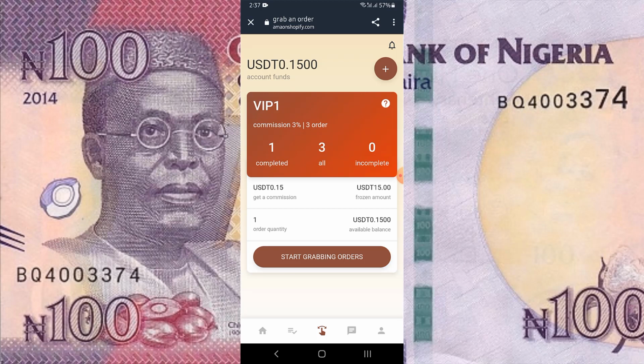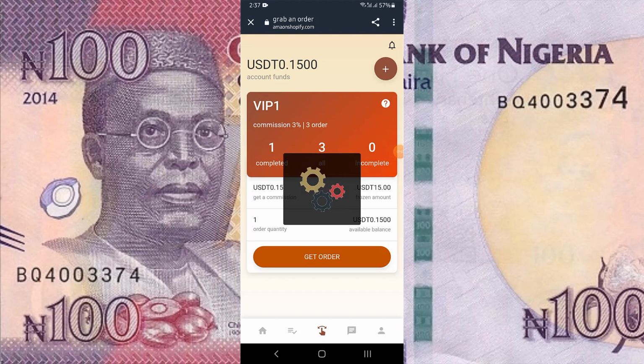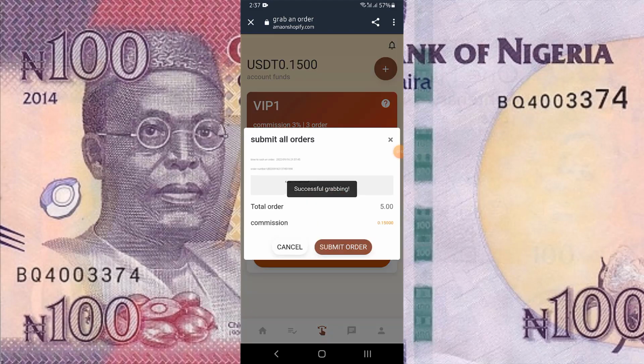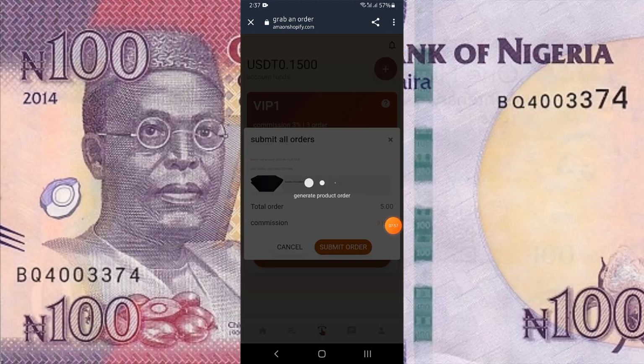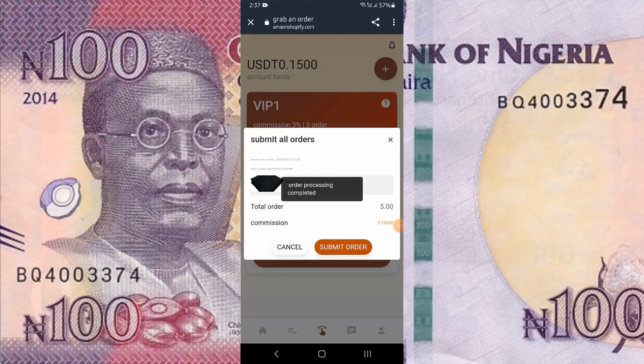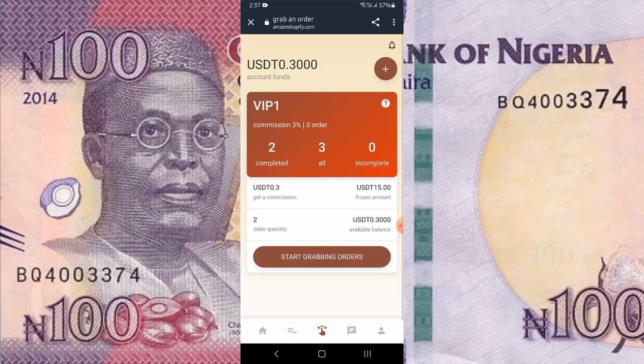So I just completed the first order right here. As you can see, I have already earned 0.15, right? Then I'm going to do the second task. Then I'm going to click on submit orders. All right, so you can see that I have done the second one and the earnings have turned to 0.3,